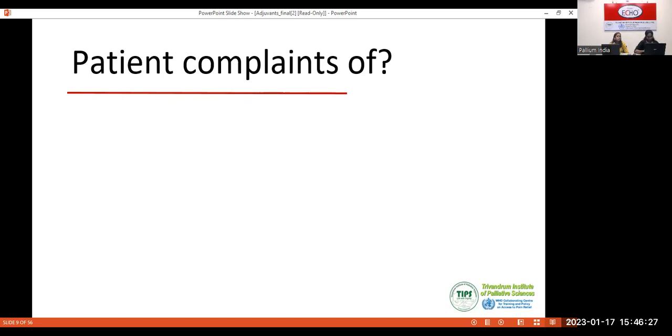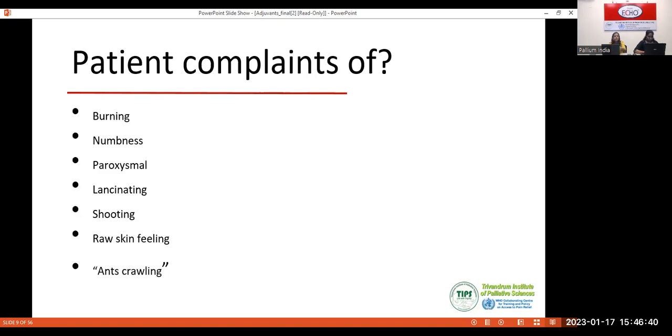So you have to look for these cues. Numbness, yes. Heaviness sometimes. Needle-like sensation, burning, yes, very good. Thank you everyone for the response. These are the very commonly said. This is exactly what I have on my slide also. You've said everything. They say burning, numbness, lancinating pain, shooting pain, raw skin feeling. They sometimes say, my skin is very raw, there is a lot of wound. And many times they say, I have a feeling like ants and cockroaches crawling everywhere. So these are the commonly said